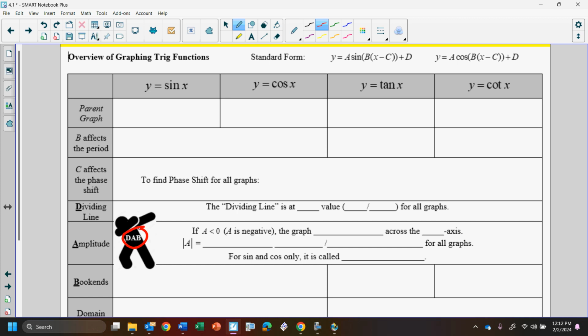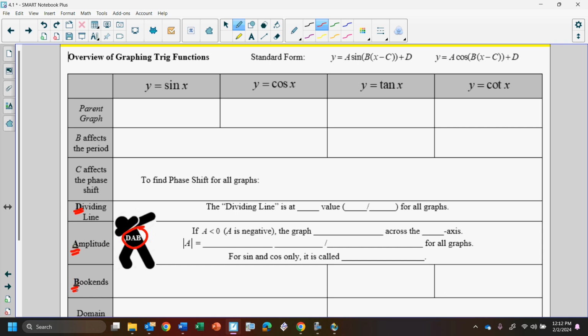You know, just like the clip art guy's doing, right? It stands for dividing line, amplitude, bookends. Okay, dividing line, amplitude, bookends. And I'm going to talk you through this strategy, and it's a little bit tedious and annoying,